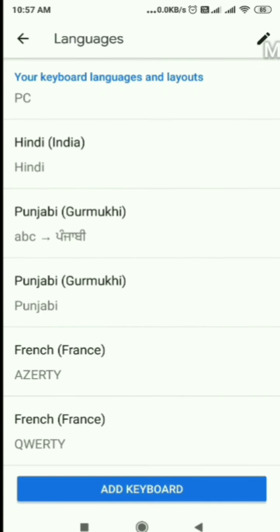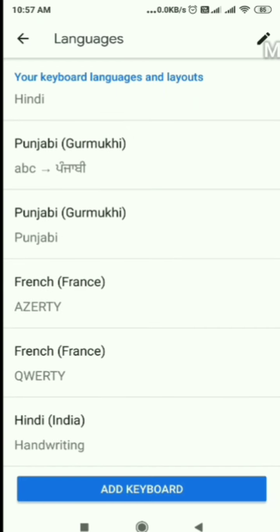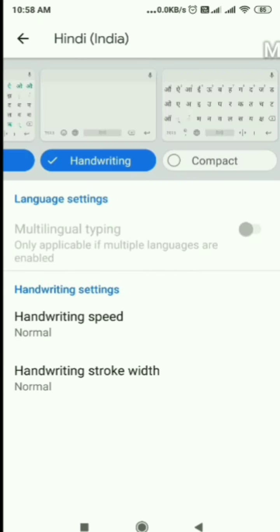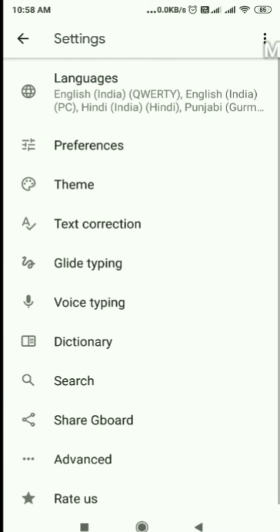Now you can see there is a Punjabi option also lying there: Punjabi Gurmukhi, French, Hindi India, handwriting. Let us see this handwriting. We have already selected this one, and this is the handwriting section. Let's get back.